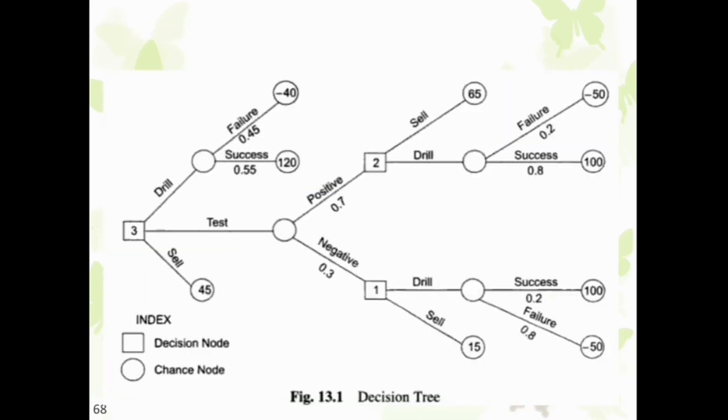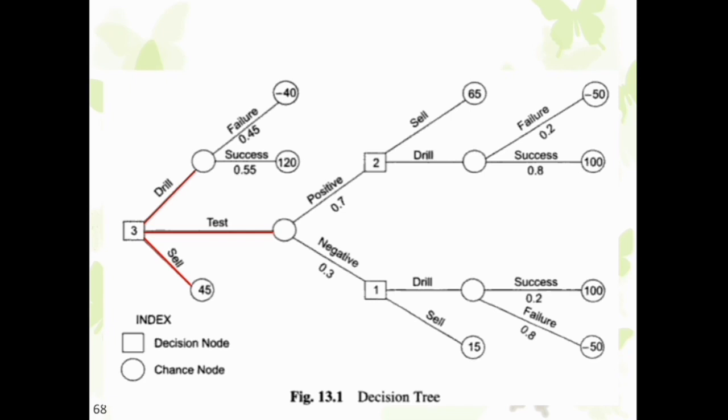Okay, so this is how the final decision tree actually looks like, but we will try to construct it again. I'll be asking the same question again. The first question was, initially at the outset, the company has how many options? So we had said that the company has 3 options. That is what is shown in red lines. The company has the option to drill, it has the option to test, it has the option to sell.